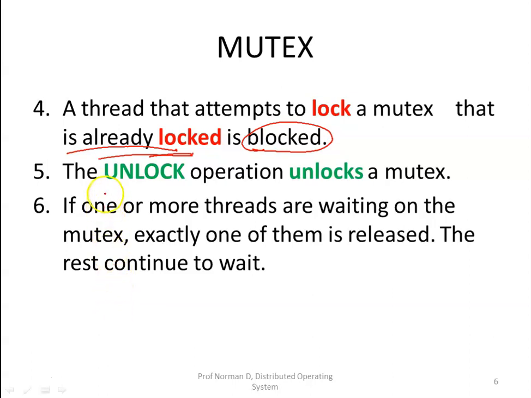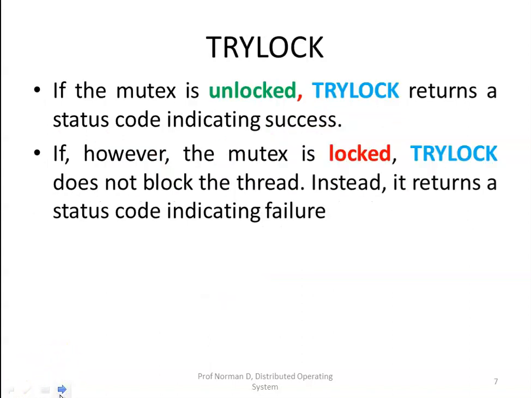The next operation is the unlock operation. Now this unlock operation unlocks a mutex. So if one or more threads are waiting on the mutex, exactly one of them is released and the rest will continue to wait. Another operation that is sometimes provided is the try lock, which will attempt to lock a mutex.